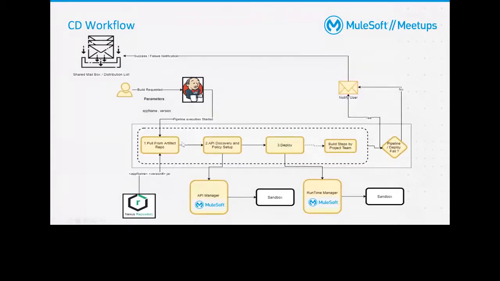So pretty simple CD flow. Just pull a jar and deploy it to a particular environment. As of now, the CD flow talks about one particular environment. This is per environment. Your view would be like this. You can consider this for environment 1, or for a sandbox or a non-prod. The same can fit into a prod as well.